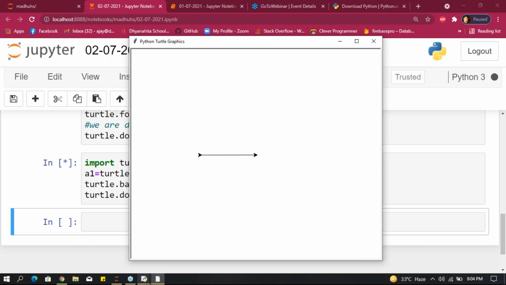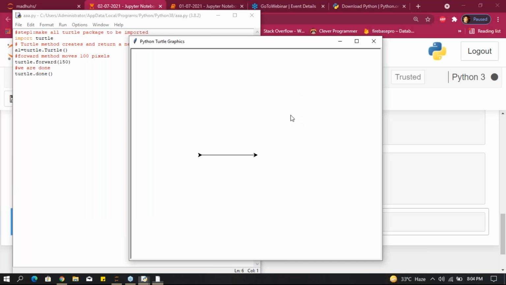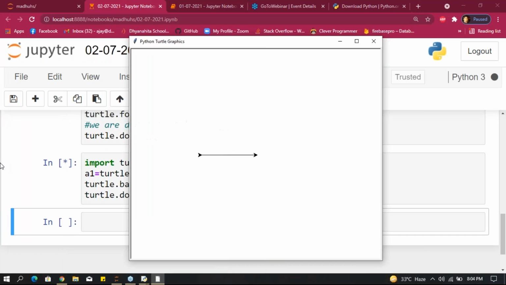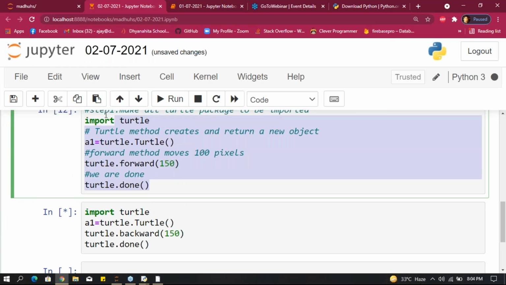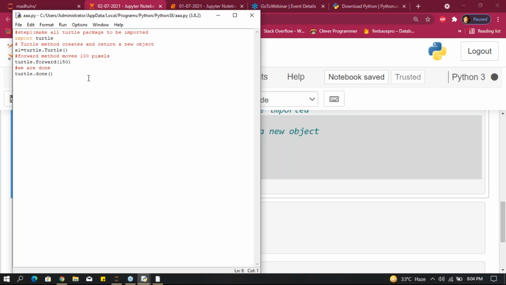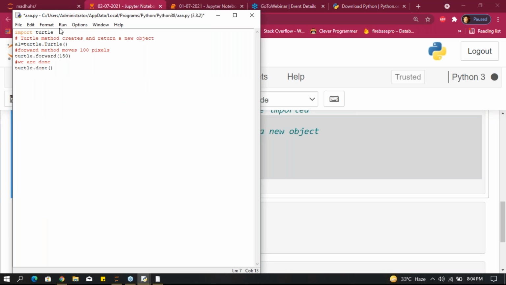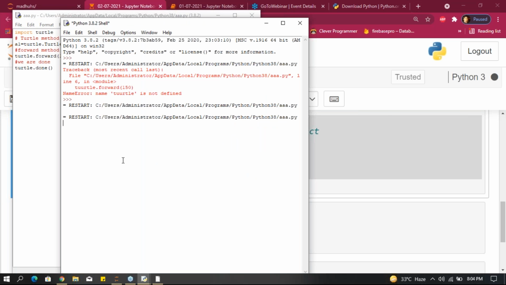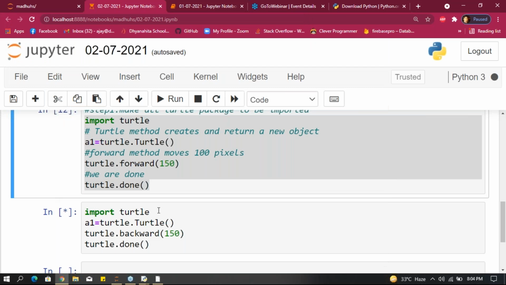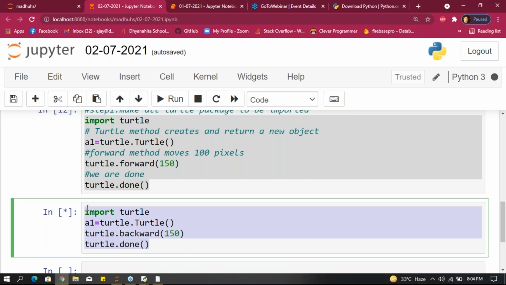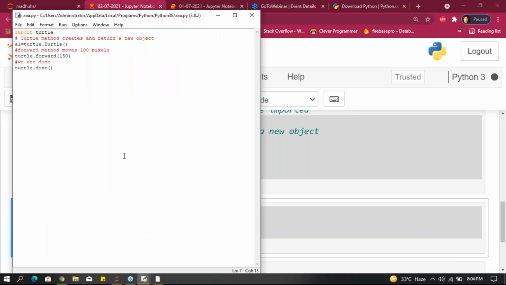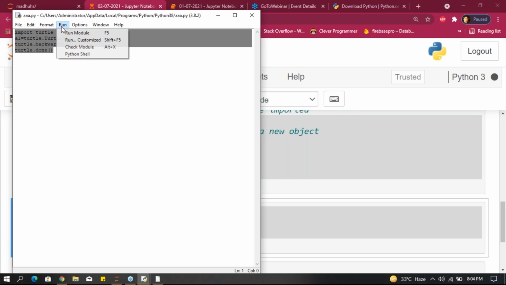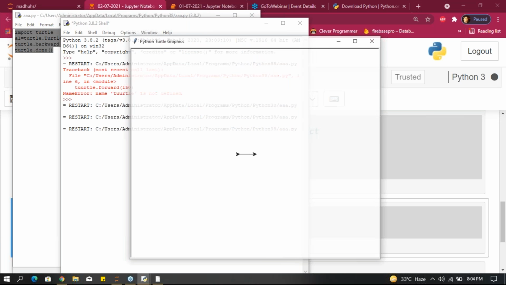You will get this output. Otherwise, if you want to get the change right, what I'm doing is open this, ideally paste this example here. If you run this module, what I'm getting here is the forward direction. Take this backward direction, copy it and paste it here. If you save this and run this, what I'm getting here is backward.